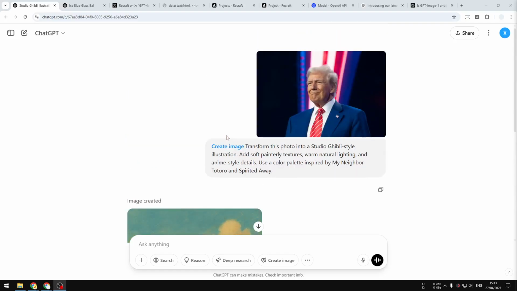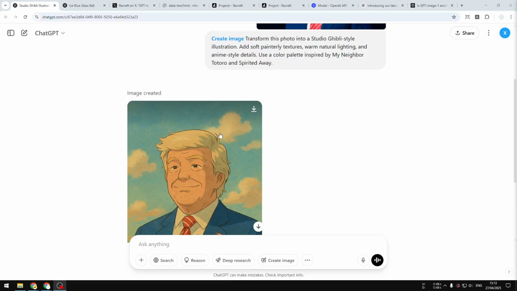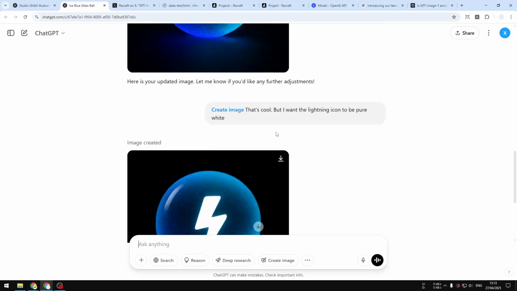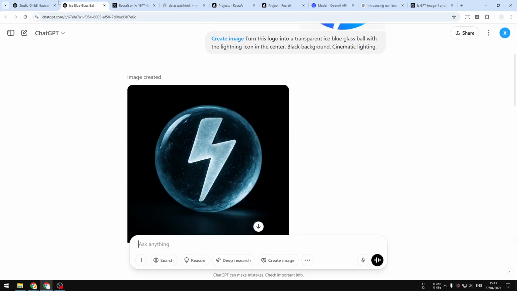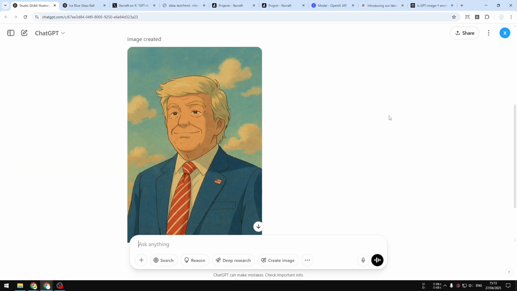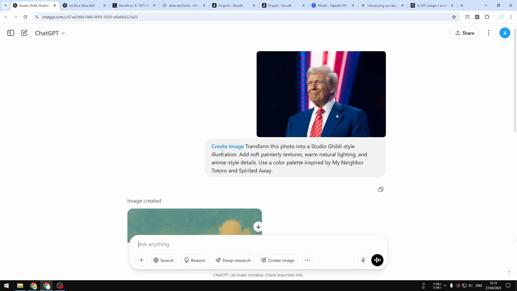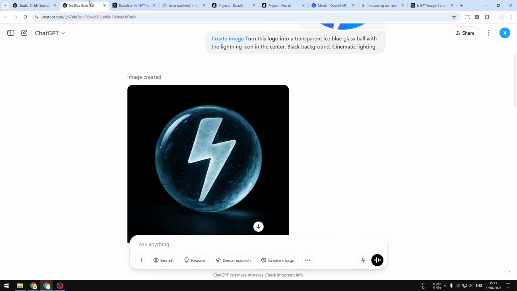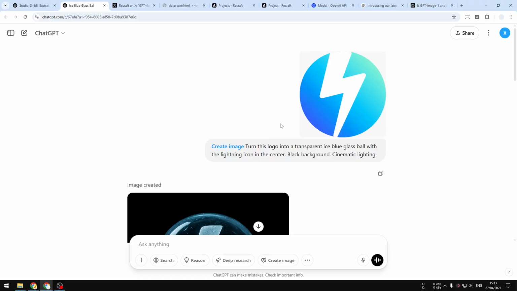So GPT-4o image generation is one of the best AI models for creating pictures. Not only is it good at creating new images, it is also good at mimicking the style from one photo or from one style to another, which in this case I'm using to apply the Studio Ghibli effect to this photo, and this is the result. I think it looks quite realistic, but unfortunately this model, GPT-4o image generation, is still exclusive on ChatGPT,